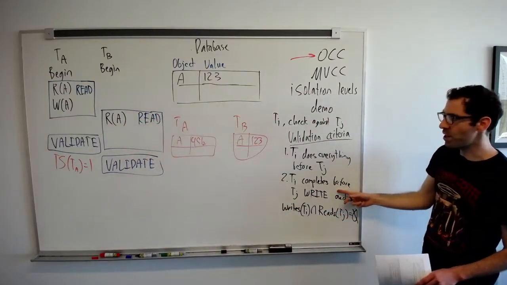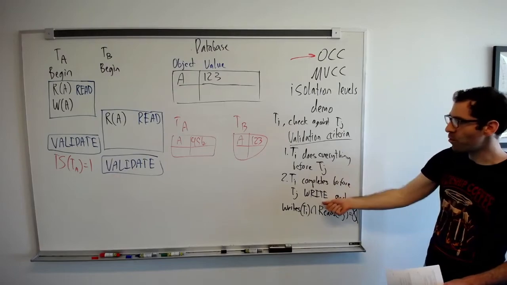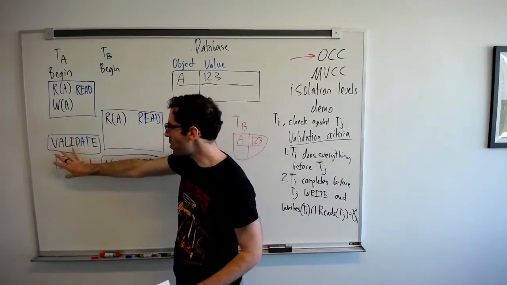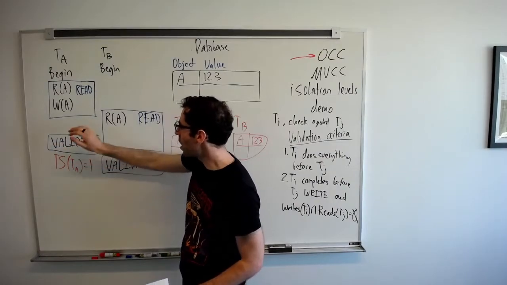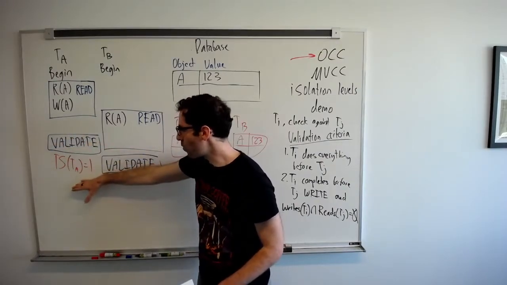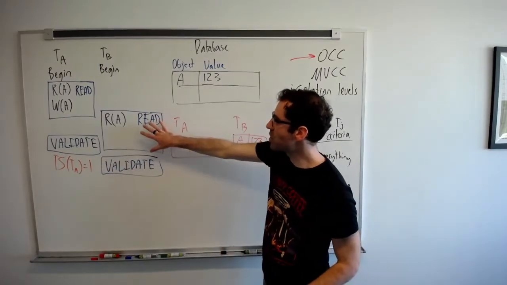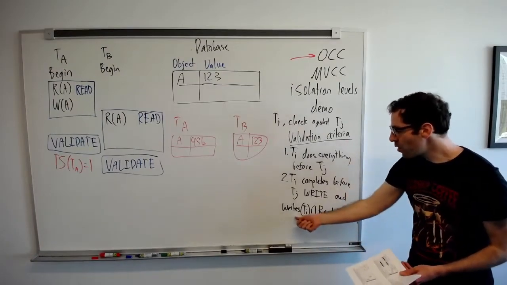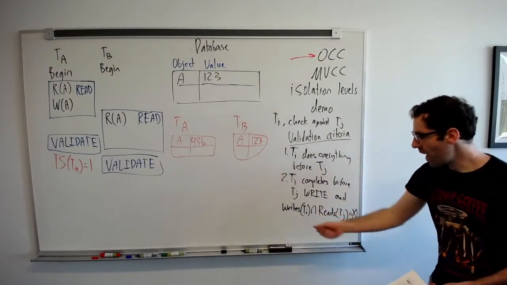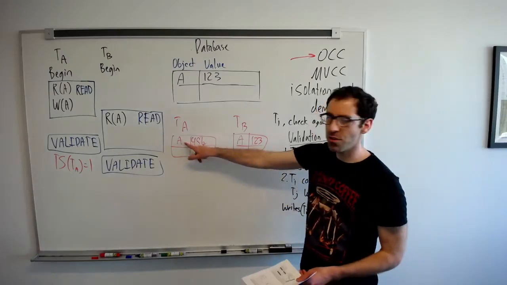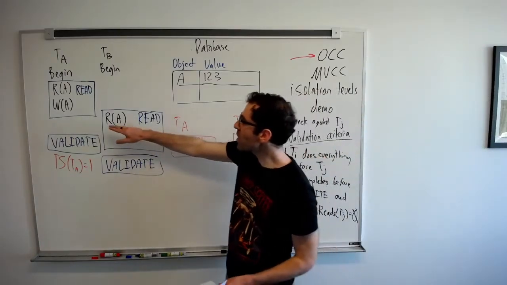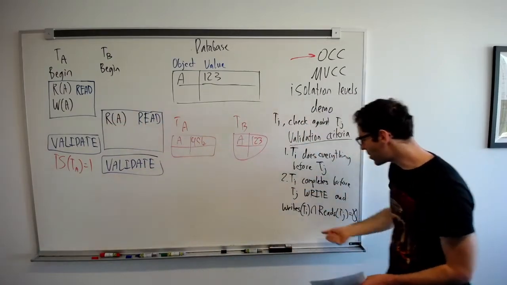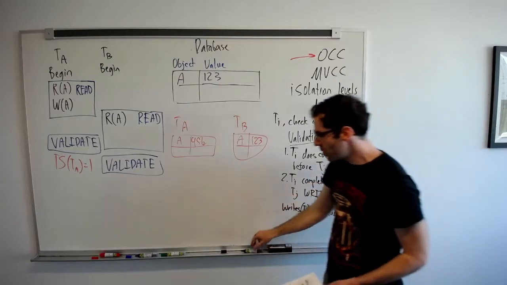So how about this second criteria? Ti is going to complete before Tj gets to its write. That we know. We're going to get to our write and commit once we go from this validate, and TB has not reached its write phase. But if we look at the set of writes that Ti has done, it has written to A. And if we look at the set of reads that TB has done, that also includes A. So there is overlap, and so